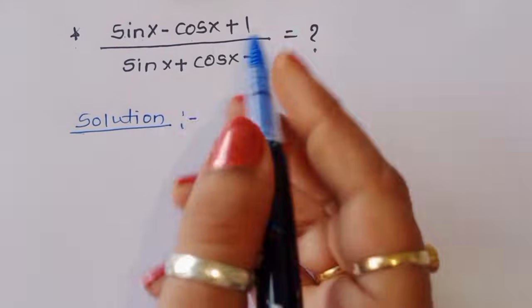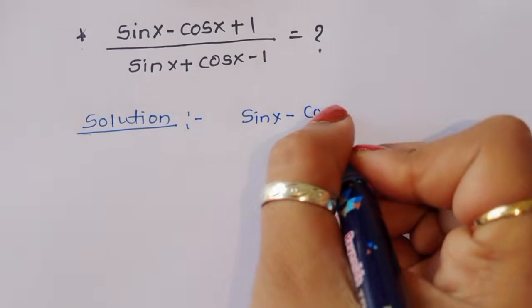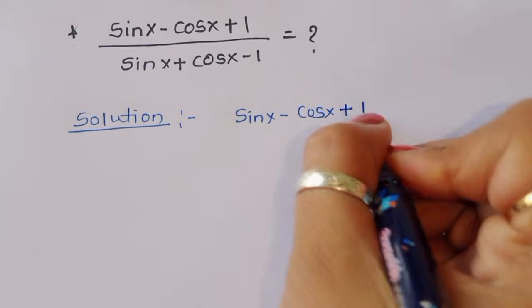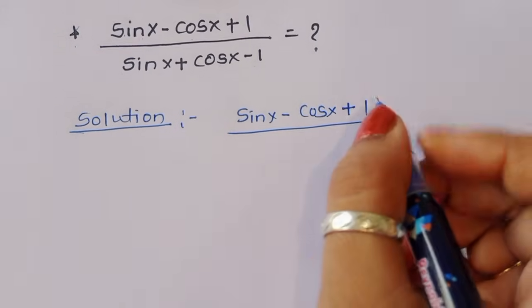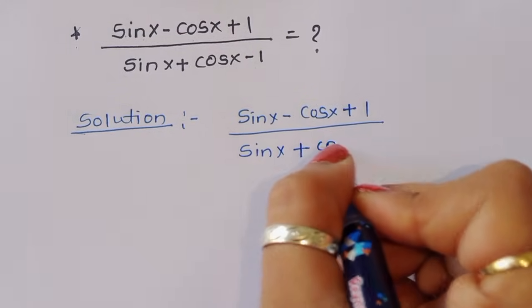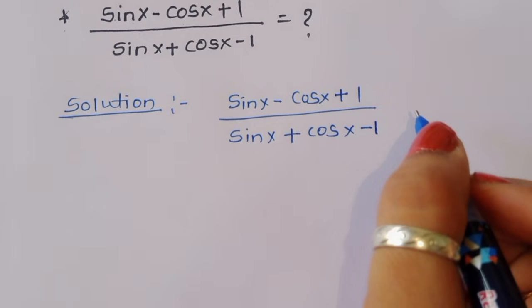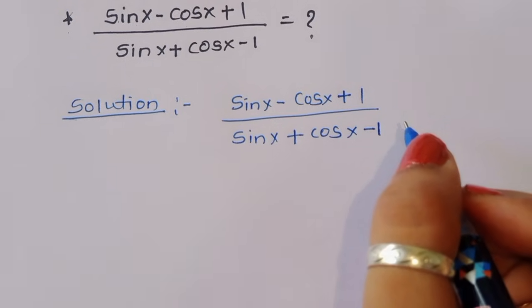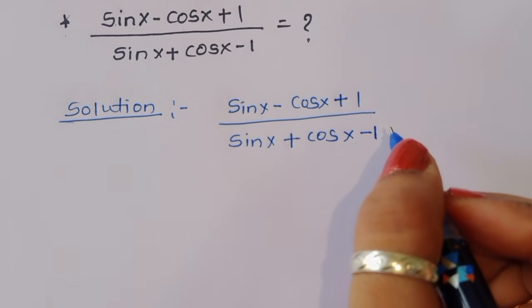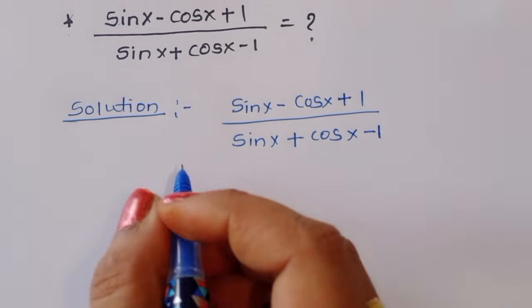First thing, what is given here? Sin x minus cos x plus 1 divided by sin x plus cos x minus 1. This is the given question. Now we can do one thing: if we multiply with sin x plus cos x in the numerator and denominator both, then we will get here